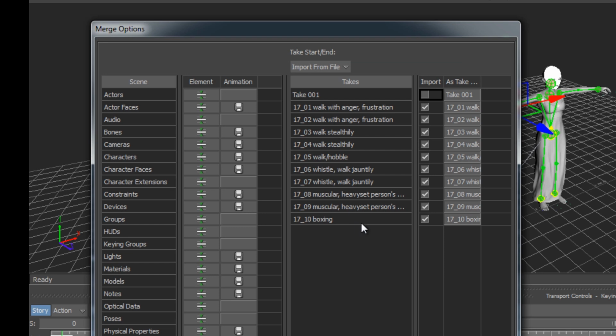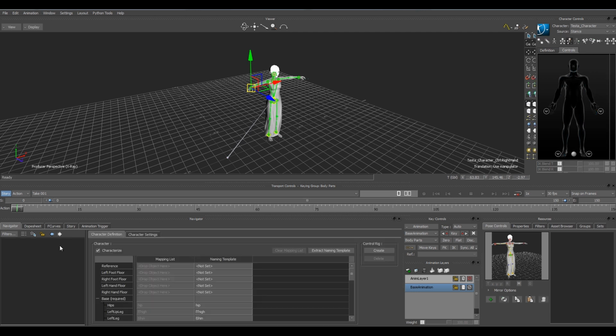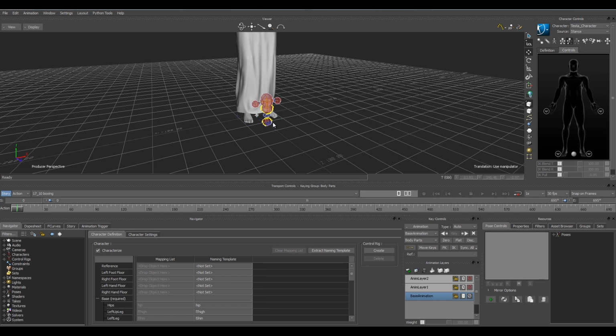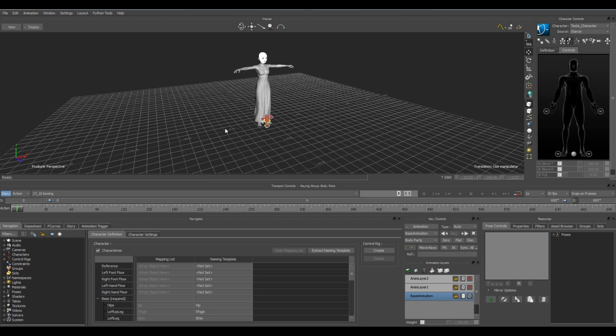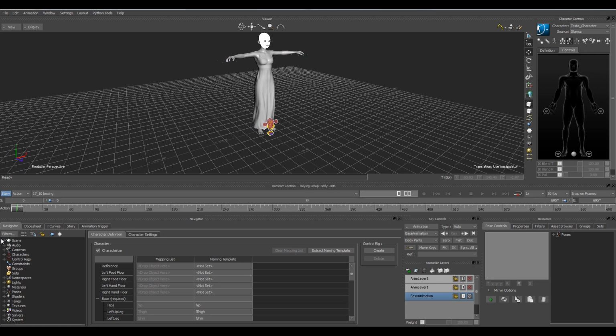This would be a really good way to add motion to the character if we just wanted to add a specific character to the motion and didn't want to deal with story. I'm going to go ahead and merge this character in. And as you can see, the BVH file is pretty small. It doesn't even match the scale of our character, but